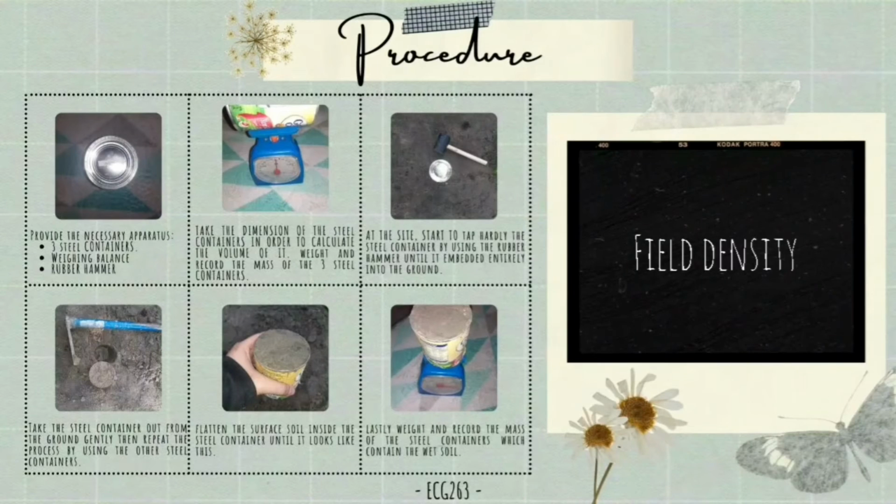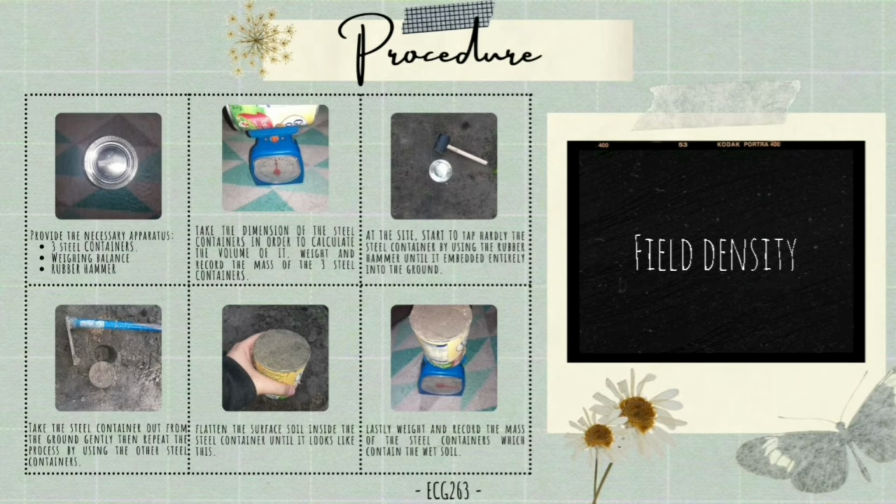These are the procedures that have been made in order to do the field density experiment. It starts by providing the necessary apparatus, as mentioned before. The next step is to take the dimensions of the steel containers in order to calculate their volume. Wait and record the mass of the 3 steel containers. Then, at the side, start to tap the steel container hard using the rubber hammer until it embeds entirely